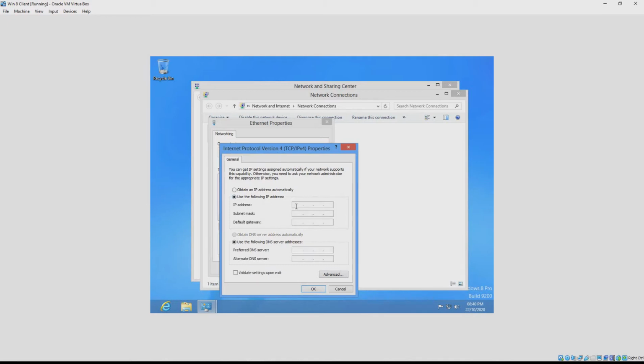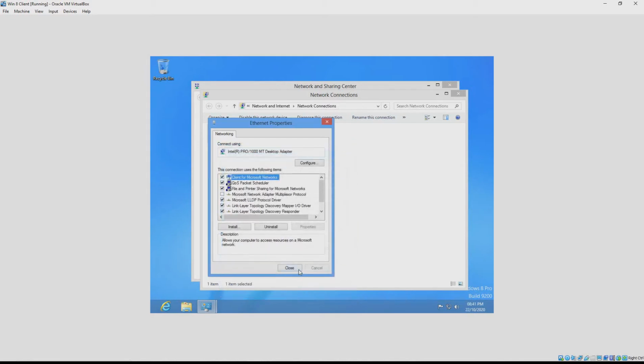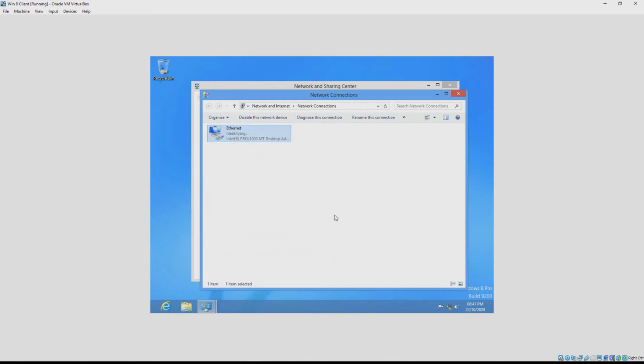And here we will assign an appropriate IP address so that we have communication with our client machine and with our Windows 2008 server. Once we have that confirmed,